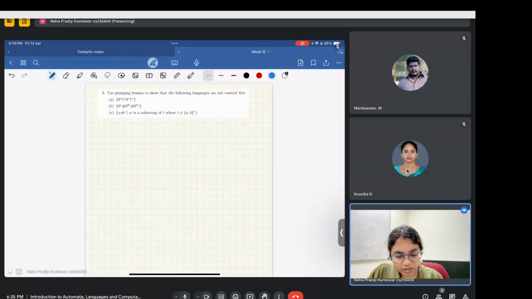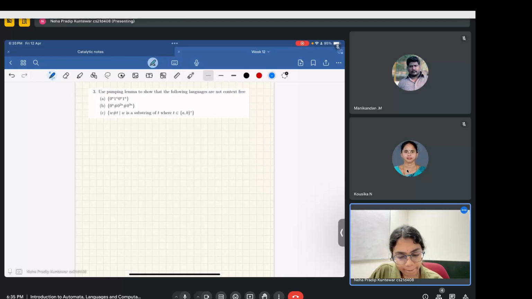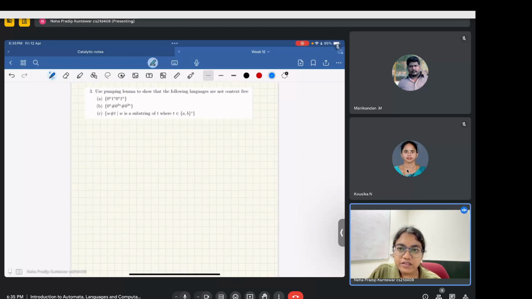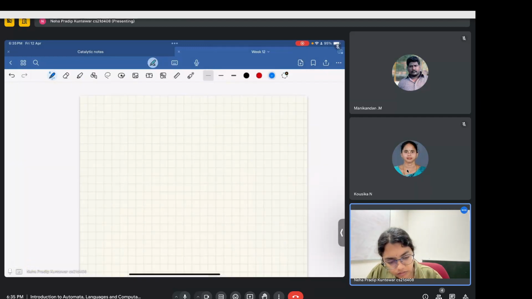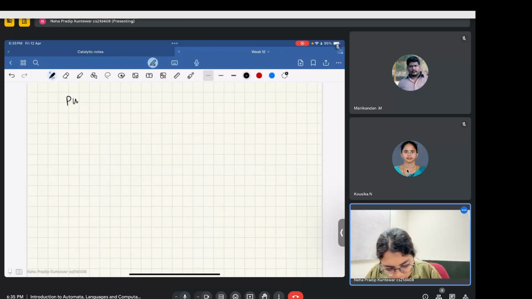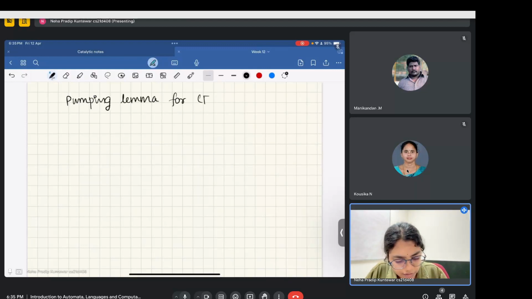Okay, so I'll move on to the next question. So this is an exercise for pumping lemma. Let's recall what is a pumping lemma for context free languages. It is very similar to what we have for regular languages, but it has some extra things to take care of. So we say that if L is a context free language, then